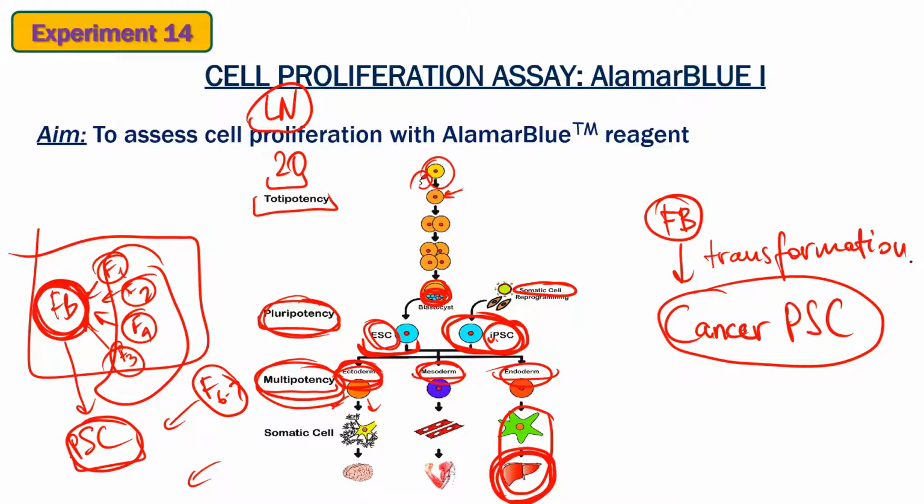And transformed cells are cancerous cells. So, of course, when we add these factors to the bulk of all these somatic cells, some of them will undergo transformation and they will become cancerous pluripotent stem cells. And we need to filter those